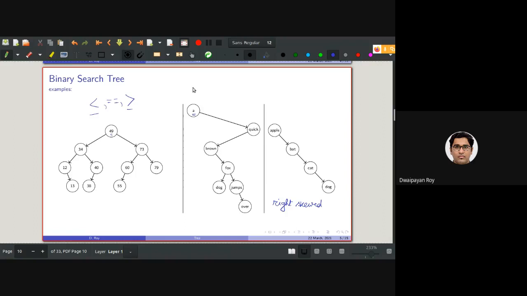Anyone? In C language, how? Yes, please go ahead. The alphabetical order. Very nice. That is also called lexicographical order, or you can say the dictionary order, because in the dictionary it remains like this.